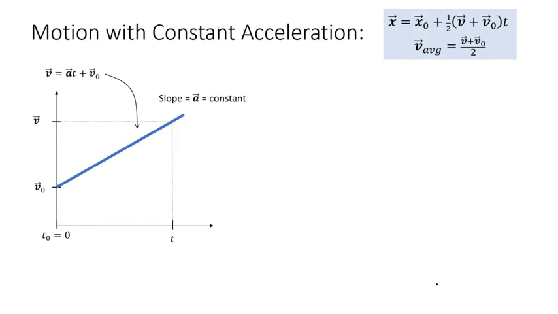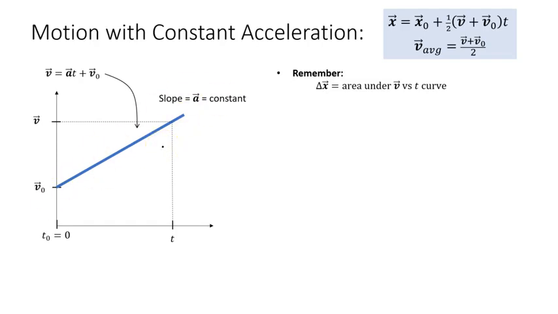So first of all, I'm going to go back to this plot that I showed you on the previous slide, where I said, okay, so this relationship V equals AT plus V naught reminds me a lot of Y equals MX plus B. So I have it plotted here. I have my slope of A, which is a constant, and I have my y-intercept, which is V naught. Okay, so with that in mind, we have to remember that the displacement, delta x, is really just the area under a velocity versus time curve. So what am I going to do here? I want to calculate the area between my blue line and the time axis.